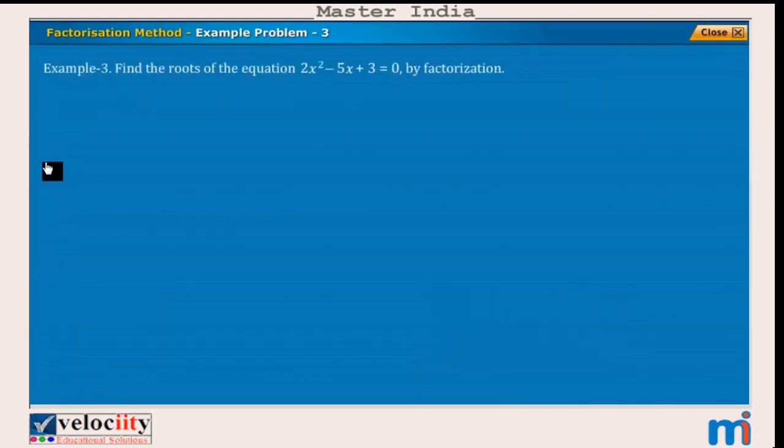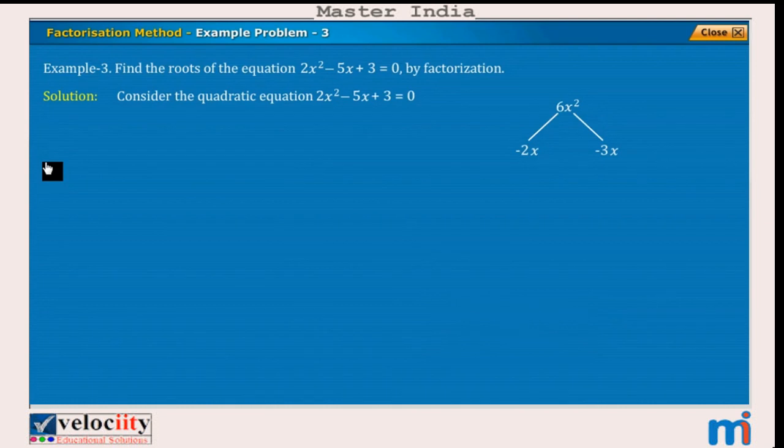Find the roots of the equation 2x square minus 5x plus 3 is equal to 0 by factorization. Solution. We observe that the given equation is in standard form. Here, for factorizing, we have to split the middle term. For this, we need to multiply the ax squared term and the constant term, that is 2x square and 3 of the